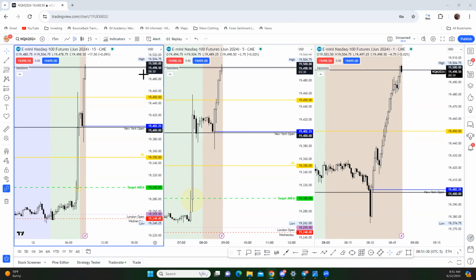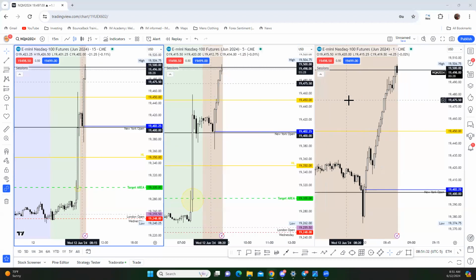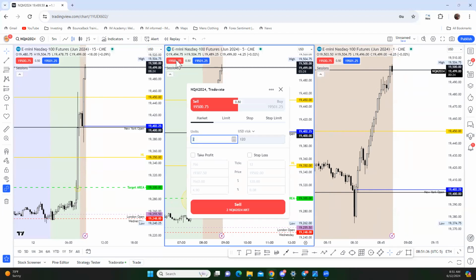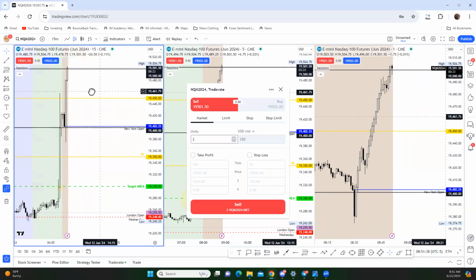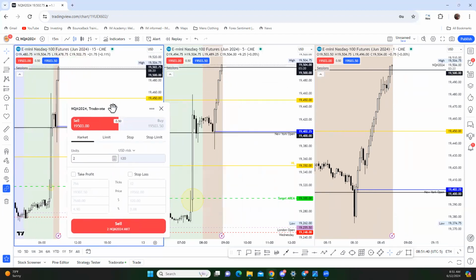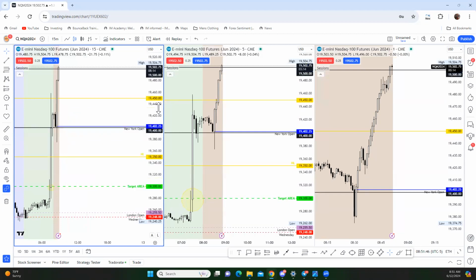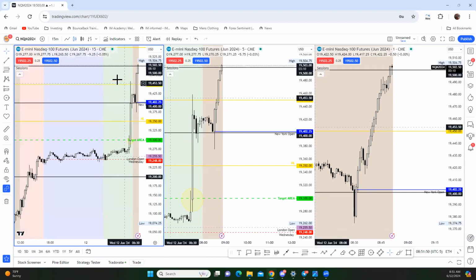Okay, so let's see here. I like this area, right? How it's rejecting at 19.5. So I'm going to kind of frame up a little bit here. Nope, no signal still. We're still no sign of weakness, to be honest. So we're just kind of having to be very patient.